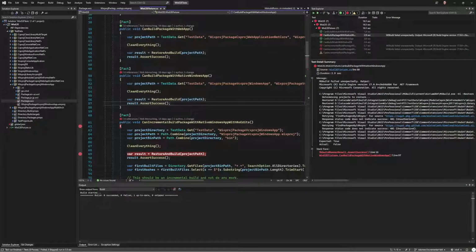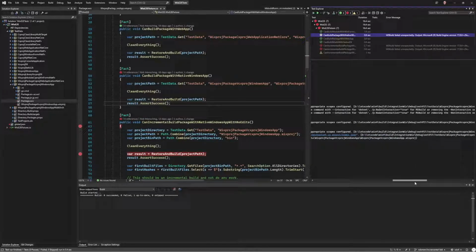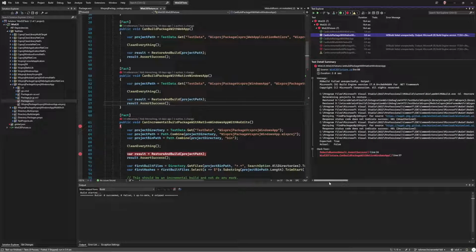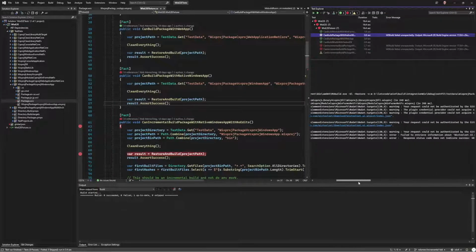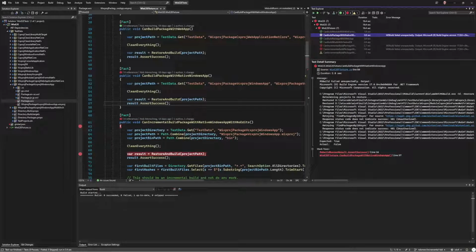I wonder if I have to refresh Visual Studio for it to pick them up. Is it still picking them up from the same place? It should be, no, it should be an MS build invocation. Okay. Your request could not be authenticated with GitHub. Yeah, I don't know why you're going to. Wow. Why did it decide to go there? Why is it not using,